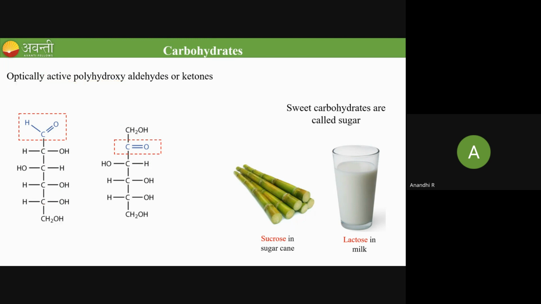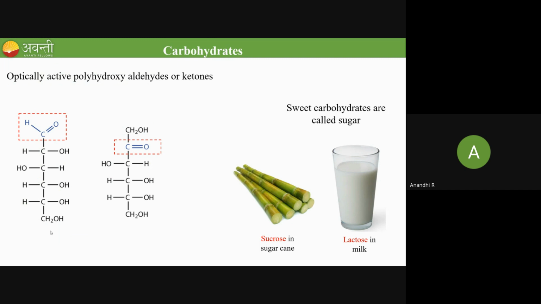So what is the name of the carbohydrate present in milk? It is lactose. So lactose is present in milk. Okay, sucrose and lactose are also carbohydrates. Got it? So is the carbohydrate part clear? Is the correct definition for carbohydrate clear to you? Shall I move on to the next slide? For both of you.